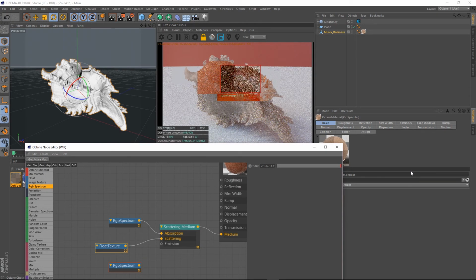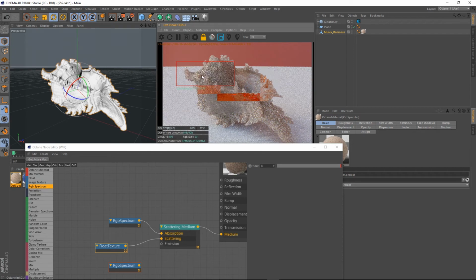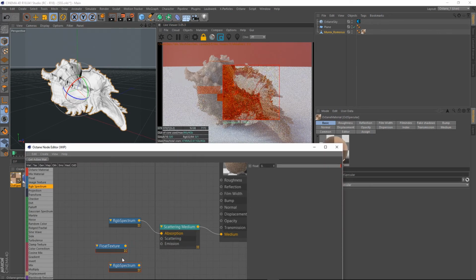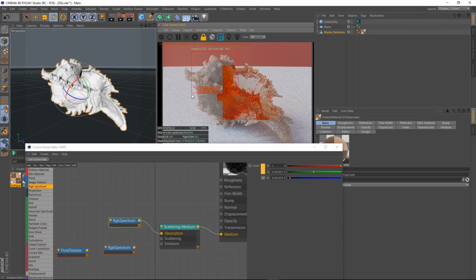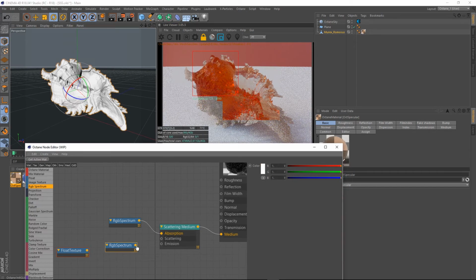Now, what I really like is since we can go above 1 and keep going infinitely as high as we want, I'll set a value of 8. Say this is the look that you wanted. To achieve this same result with the RGB workflow, I'm going to unplug this. We'd first set our RGB spectrum, say this is the one we want. Next, we'd plug in our RGB spectrum for our scattering, and we max out at white, and we're like, okay,